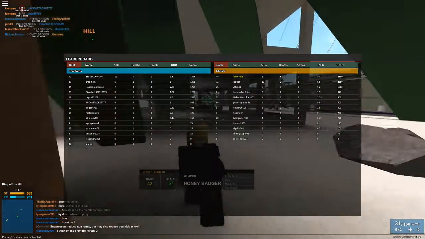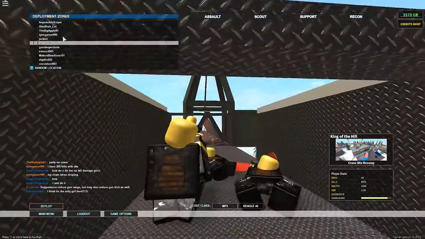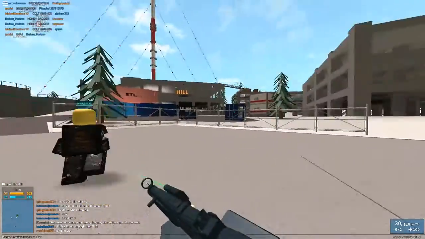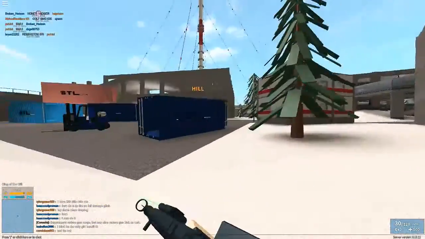So try to make that a habit of just tapping that E button, especially when no enemies are around. Or you might spot somebody that you didn't even know was there. So make that a habit. Make that a habit of pressing the E key and spotting those enemies. All right. Tip number 6